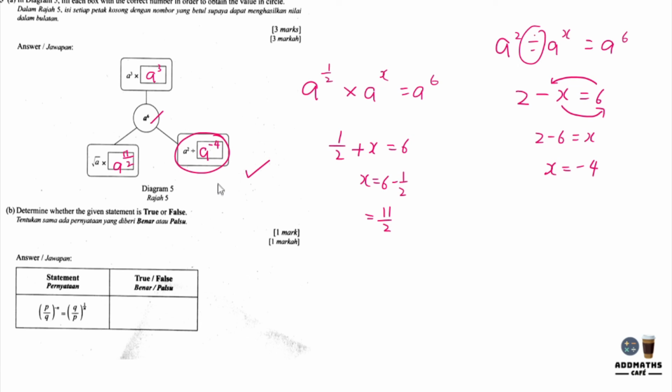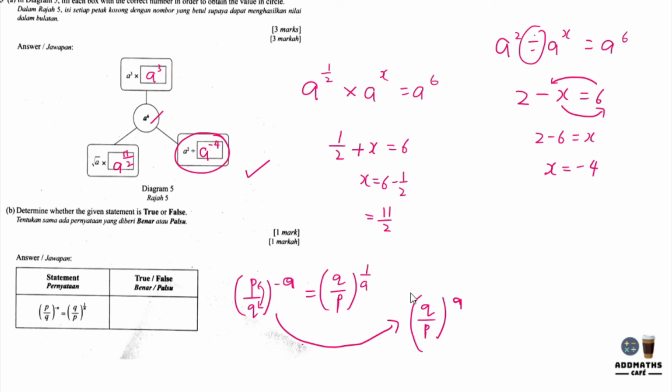Lastly, you will have to answer this question whether it's true or false. So (P over Q) to the power of negative A equals (Q over P) to the power of 1 over A. So what does negative mean? Negative means you just need to change the places of the denominator and numerator. So it will be Q over P to the power of A, not 1 over A. So this statement is not true, which is